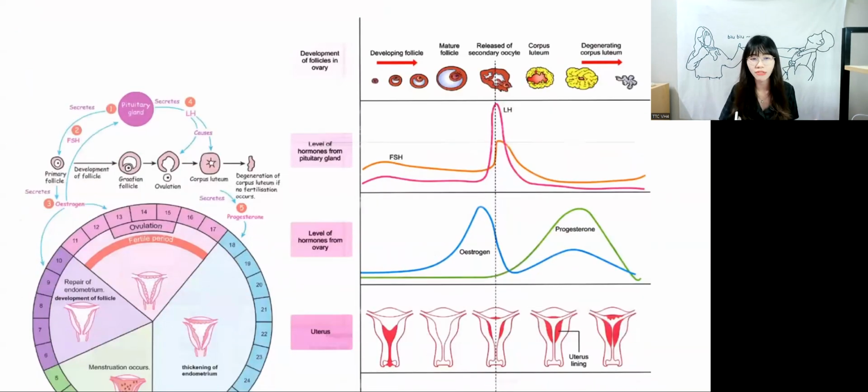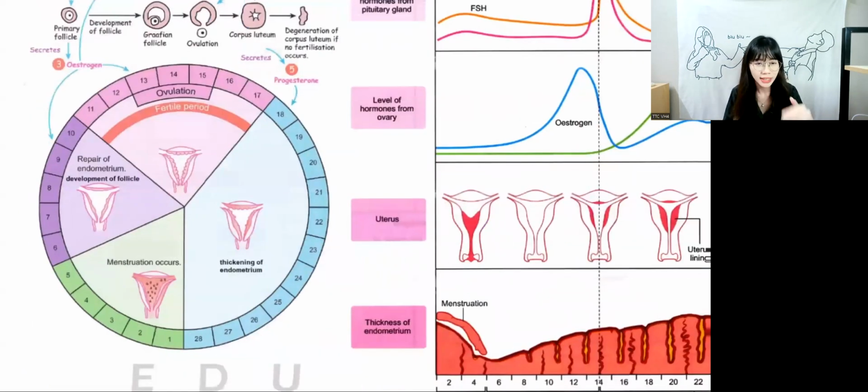Okay, before we go to the graph, let me go through this diagram with you first. Sometimes you might see it in your objective questions, right? Who knows? So I have to go through this diagram with you. So this diagram, as you can see, we have 4 different colors. The one in green color, the one in purple color, the one in pink color, and the one in blue color. So all of this comes in a sequence from day 0 to day 28,